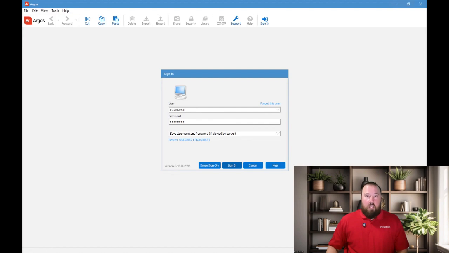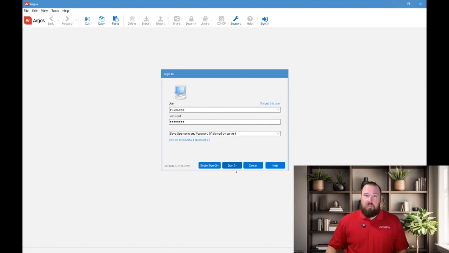Here we have the Argos client. You'll notice that even after upgrading, the client appears visually the same. While this release now offers a new theme selection that matches your Windows system settings, we thought it best not to alter the initial user experience by changing the theme just in case it was too disruptive to end users. So if you want to apply a new theme, you'll need to sign into the client and make the changes